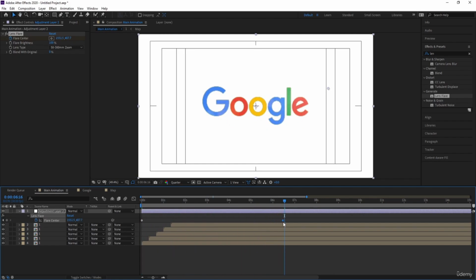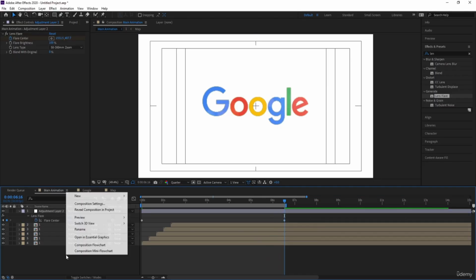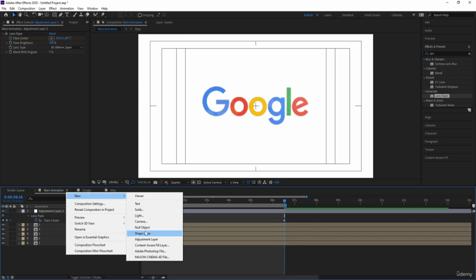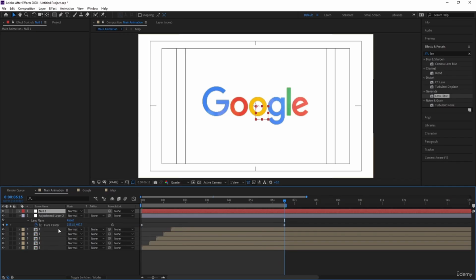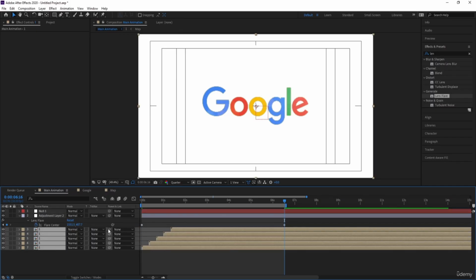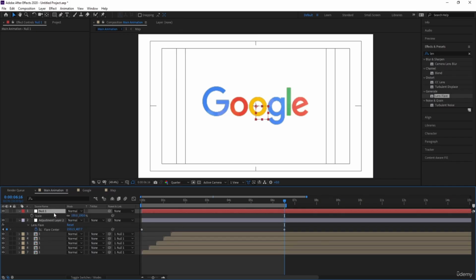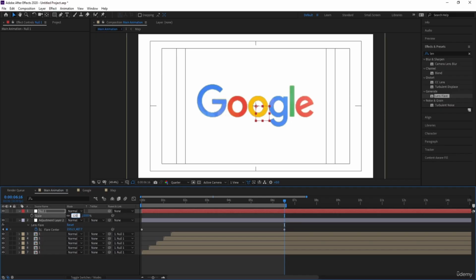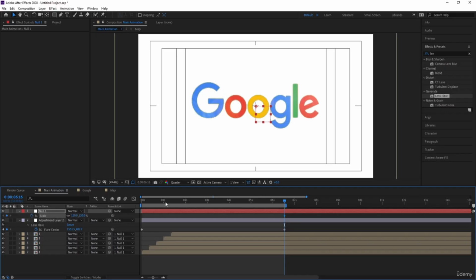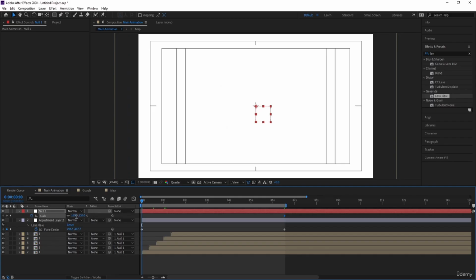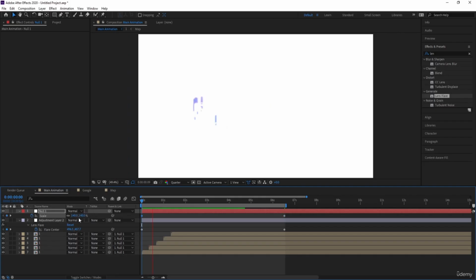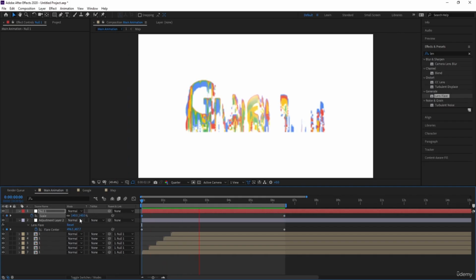Okay, and let's hit N. Now right click, new, and create not an adjustment layer but a null object. Select all of these layers and parent them to this null one. Select this null one, press S, and let's make this 110 or let's say 120. Create one keyframe, go to the start and let's make this 140. Okay, so we are going to get this kind of